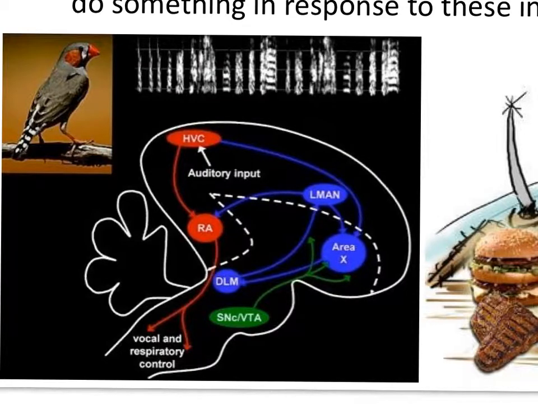And so, obviously, they not only have to have, let's say, a template, they also have to have a good memory in terms of what the song sounds like. And then, in terms of delivering it, they have to eventually get that signal down to the syrinx where they make the proper song. So there's a lot of stuff going on here in terms of the actual neural inputs and outputs.